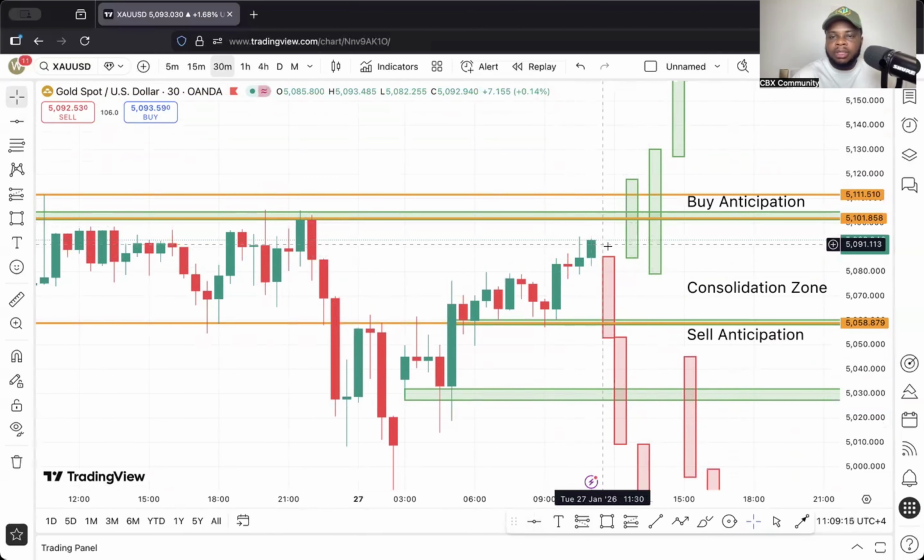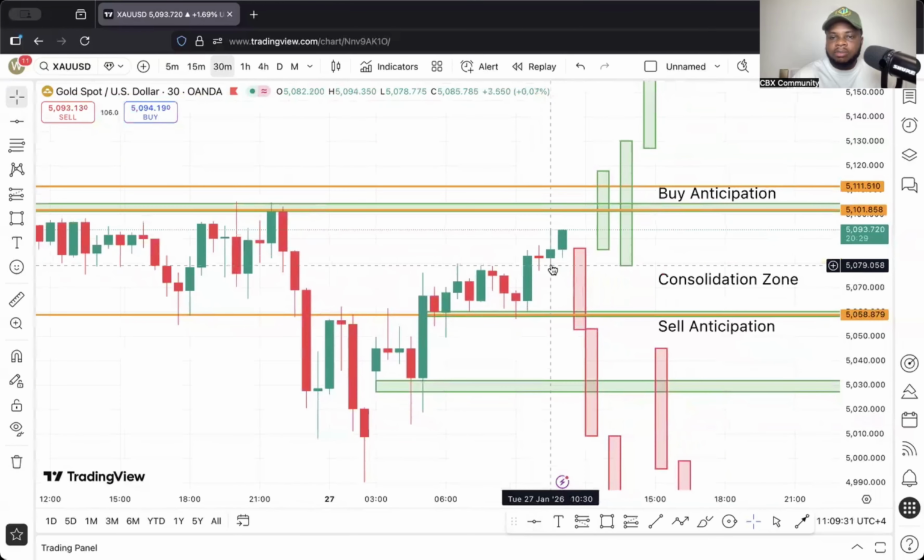But there's a high probability that since this is the beginning of London Open, the candle can continue to go up to create a new all-time high on gold. But let's see, since there is volume in the market, because this is the beginning of London Open. So let's see what this candle wants to do. And then we're also anticipating it to kind of respect the high and close with a bearish candle. So it's very important for you to know what you want and how you want it